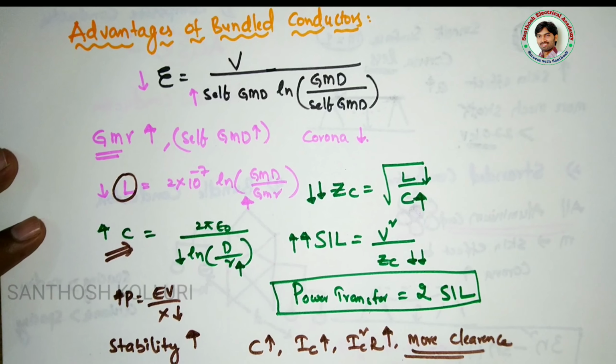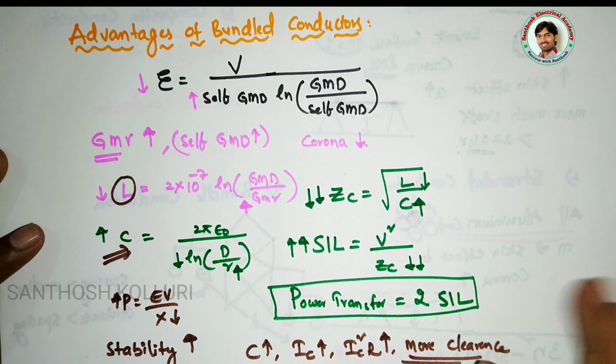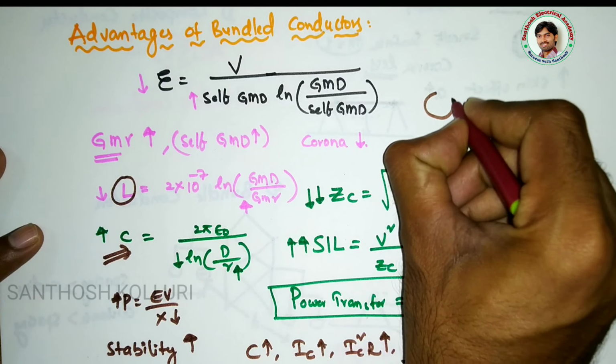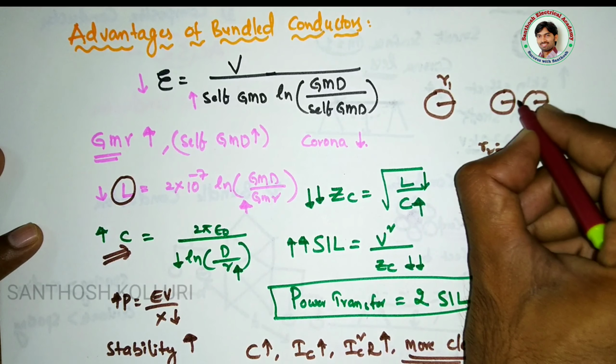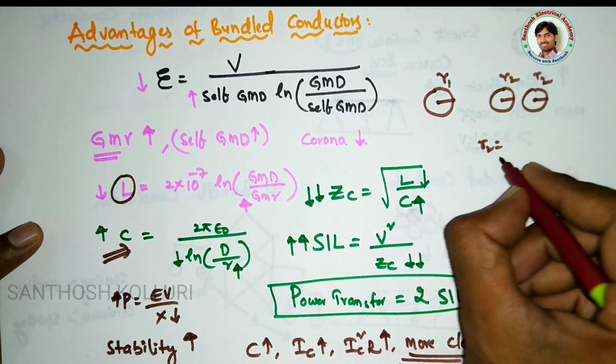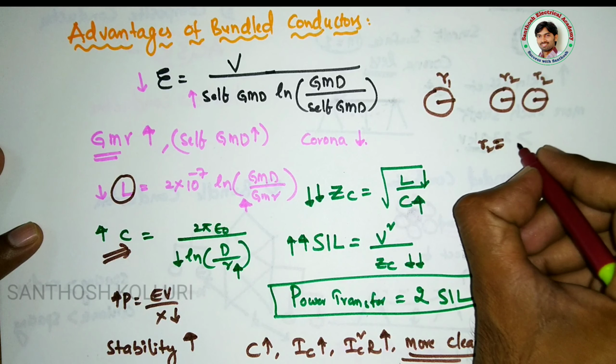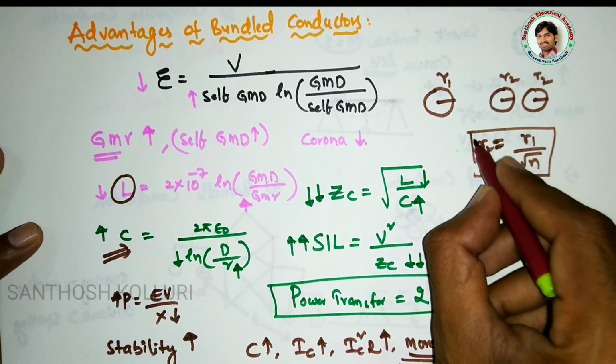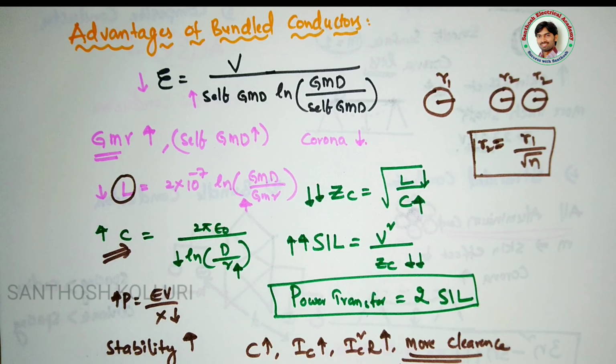And another important formula in the competitive examination, the radius of the bundle conductors. What is the radius of the bundle conductors? So this is a single conductor. When you are using the bundle conductors, then what will be the radius? Now let us take this is R1 and this is R2. Then the value of this bundle conductor radius is R1 by root of N. How many number of conductors that you are using? Depending upon that, you can calculate it.